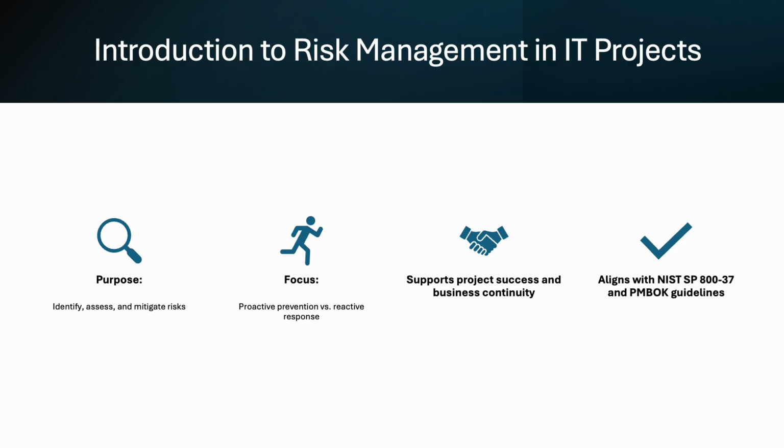A risk management plan defines how risk activities will be conducted, who will be responsible for them, and what tools and processes will be used to monitor and control risk throughout the project. It is not just a document, it's an active framework for decision making and communication. According to the Project Management Institute, risk management involves systematically planning, identifying, analyzing, responding to, and monitoring risks. This process promotes proactive thinking, enabling project teams to anticipate challenges such as resource shortages, data security incidents, or technology failures before they cause project disruption.